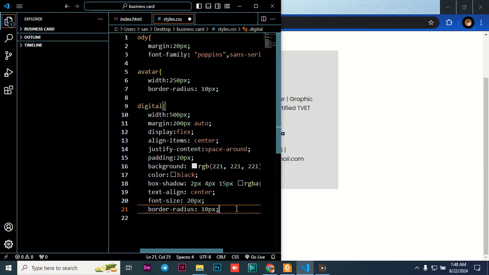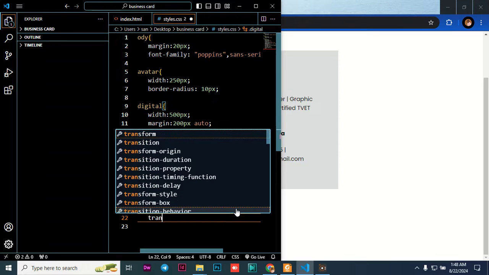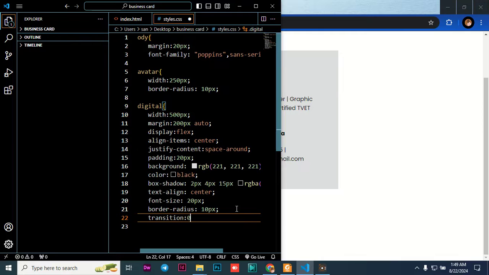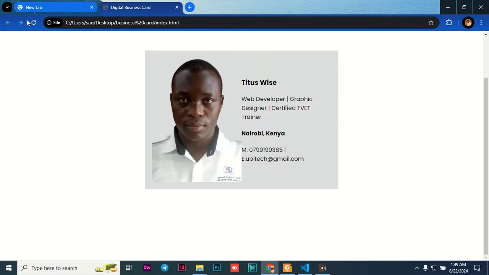Then we also want to apply the transition property. So how long does it take to transit from whatever is being displayed when somebody wants to see the changes? Transition basically is moving from the current state into the new state. So we just need it to have 0.5 seconds. It just takes 0.5 seconds to transit. Okay, so if I save this and then I refresh my business card,